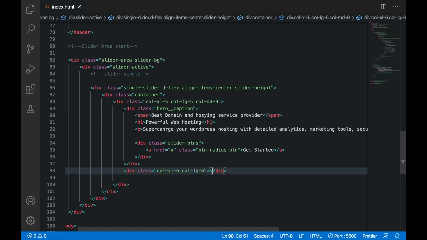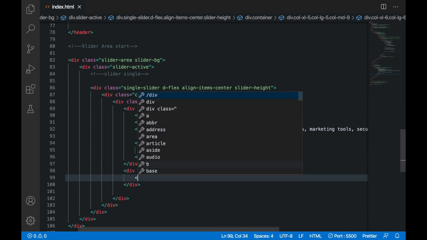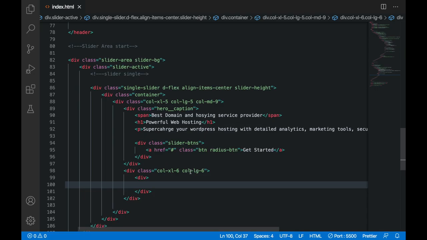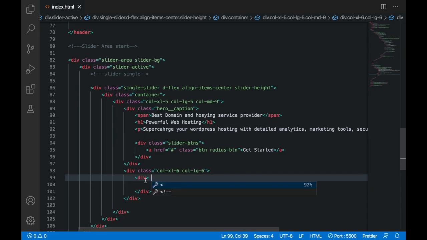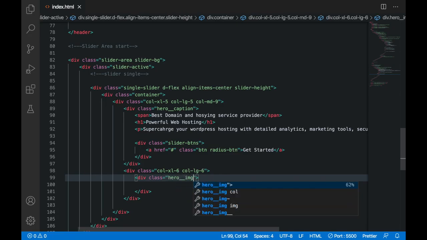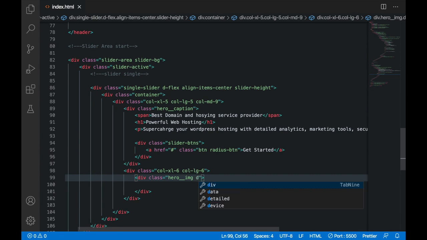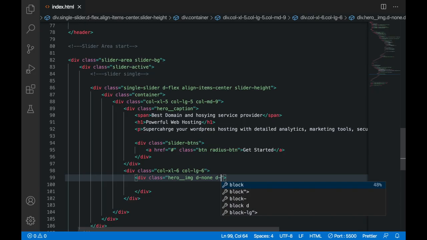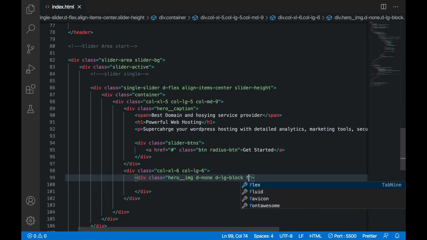And after this, inside I have to make another div container, so div, and the class for this div is going to be my hero__image. Then display should be none, so d-none, and on large screens display should be block. So d-lg-block, and I want to fade it right away, so I will say fade-right.